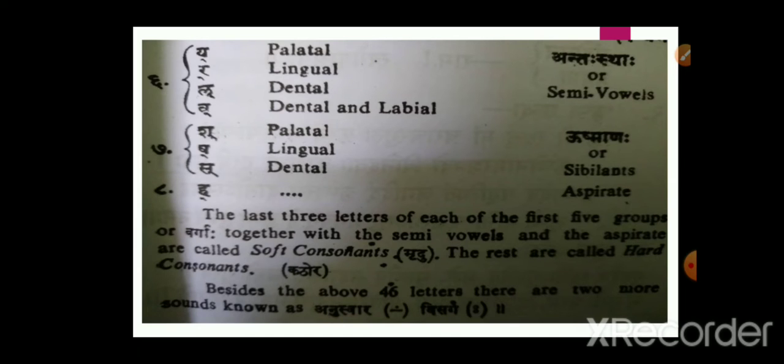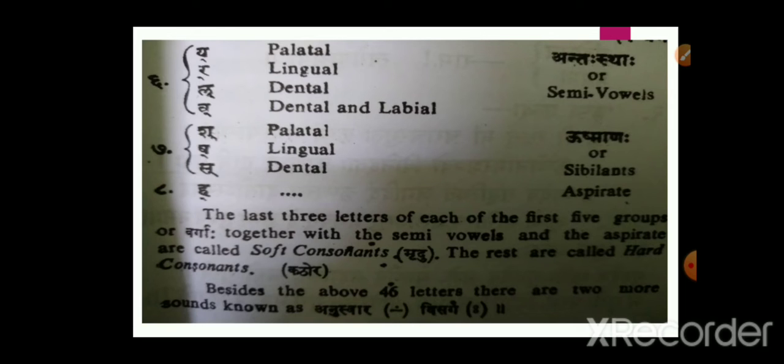And the last group, we have only one letter, which is an aspirate, that is the letter Ha. So in total we have 8 groups, 33 consonants. These are the 8 groups of 33 consonants. Among these 33 consonants, we have 2 different categories: soft consonants and hard consonants. The soft consonants are called as